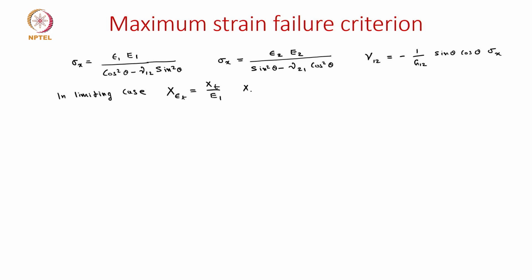Similarly, in compression, the failure strain is xc by E1. Now moving to the transverse direction, the failure strain is yt by E2, and in compression the failure strain is yc by E2. And lastly,